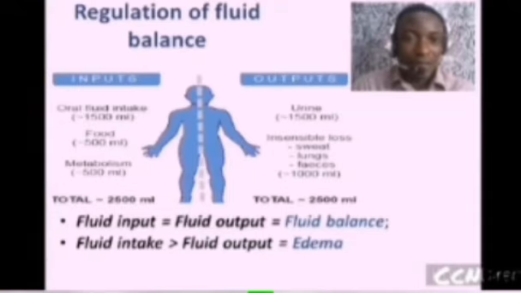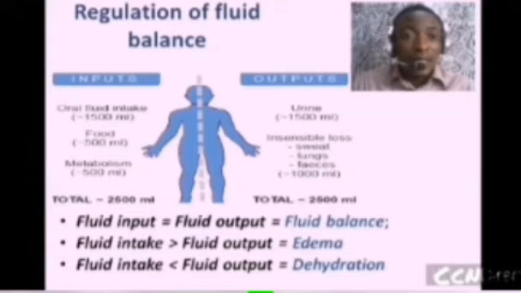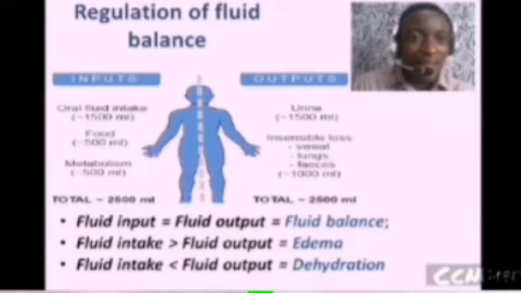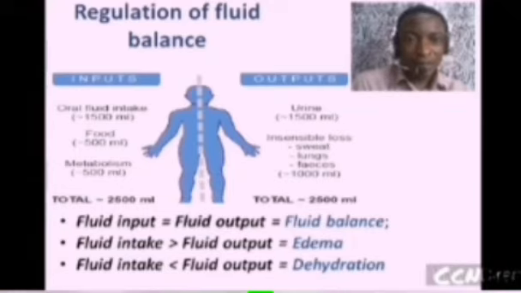When fluid intake is less than fluid output, the clinical condition is known as dehydration. Dehydration is another clinical condition. The body is lacking fluid; that is, fluid intake is less than fluid output. You are passing out more fluid than you are taking in. So when this happens,